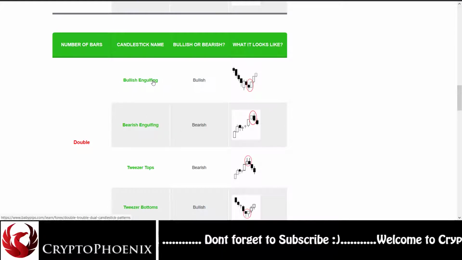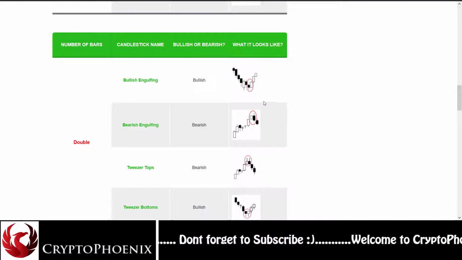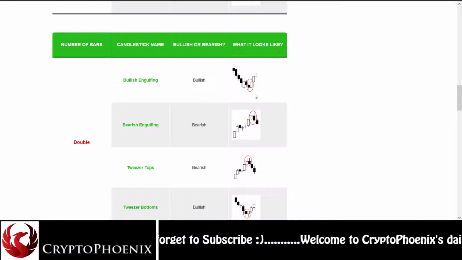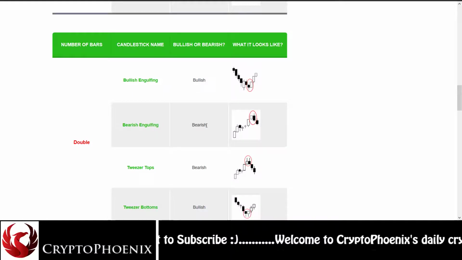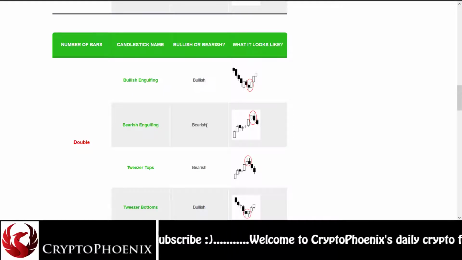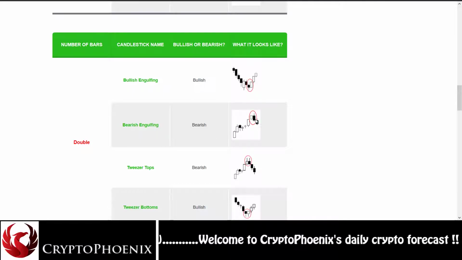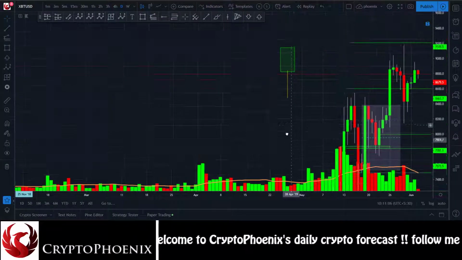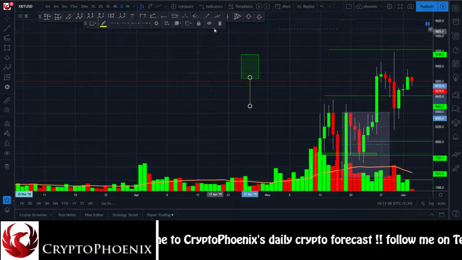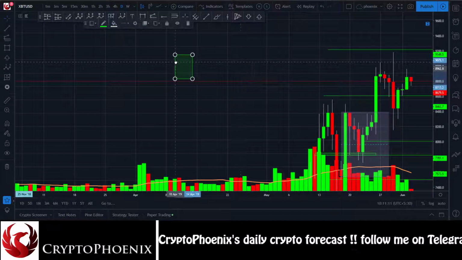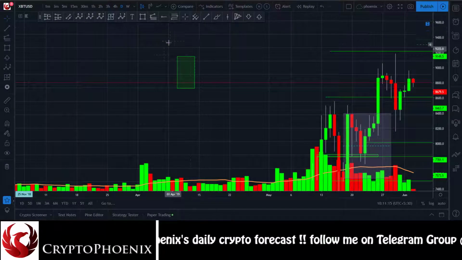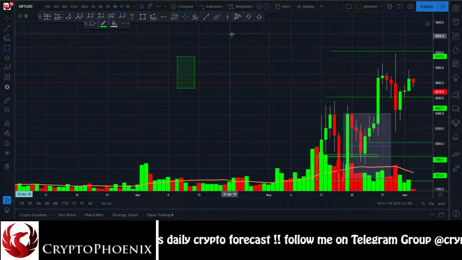So there is a bullish engulfing. Engulfing itself means to eat the previous one. So if the candle eats the previous candles, even a single candle or the double candle, it's a bullish sign if it's a green candle, and a bearish sign if it's a red candle. So let me show you the example. Let's just say this is the green candle, right? And after that the very next candle appears like this